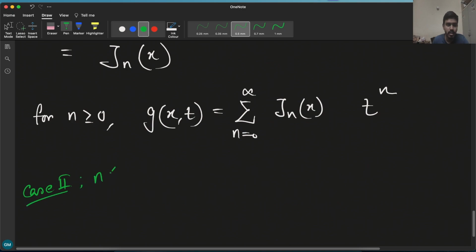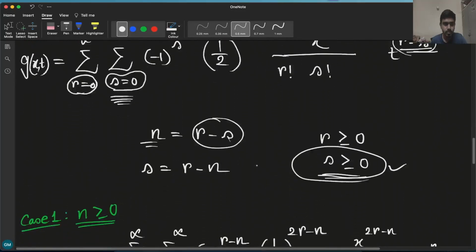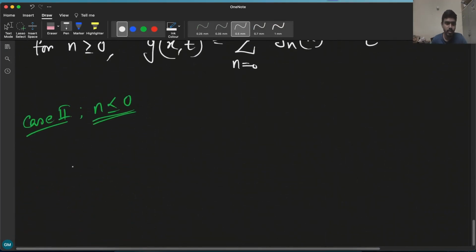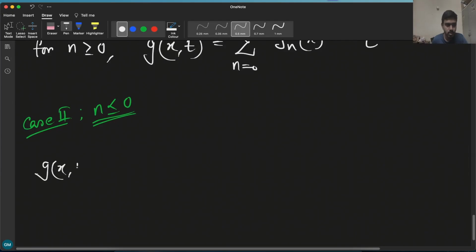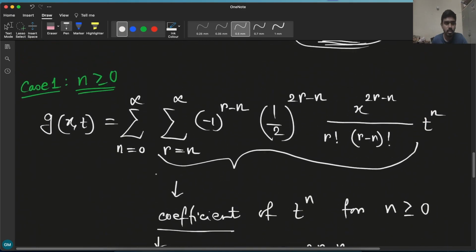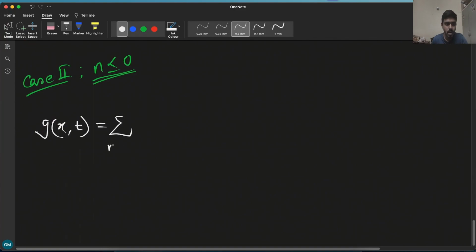which is for n less than or equal to 0. Now I will show the same thing for n less than or equal to 0. Let me write this expression again. So this generating function, we wrote it as the sum over r equals 0 to infinity, sum over s equals 0 to infinity,